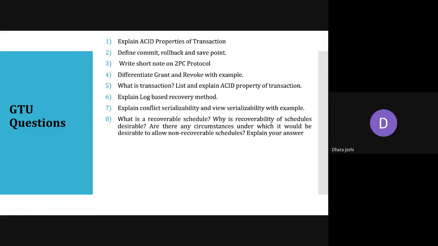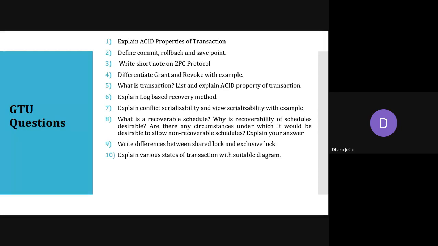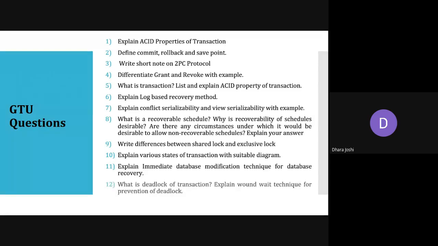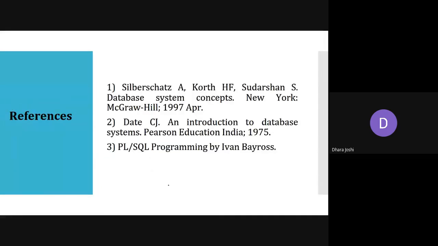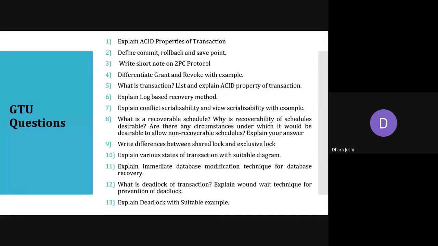What is a recoverable schedule? Shared lock and exclusive lock: what is the difference between them? Various states of a transaction, immediate database modification technique. Here it can also ask deferred database modification, because there are two types of approaches. What is a deadlock? Deadlock is an important one; explain deadlock with a suitable example. These are all the questions asked in GTU till now.